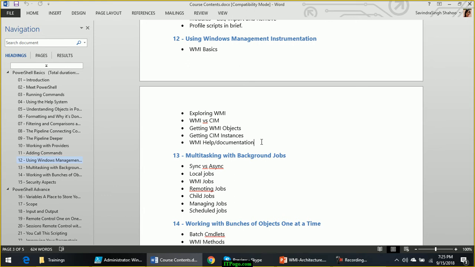Now before we begin with WMI, let me explain to you the architecture of WMI. It is very simple. If you compare the architecture of WMI with the architecture of a database, it will be very easy for you to understand. So let me show you.